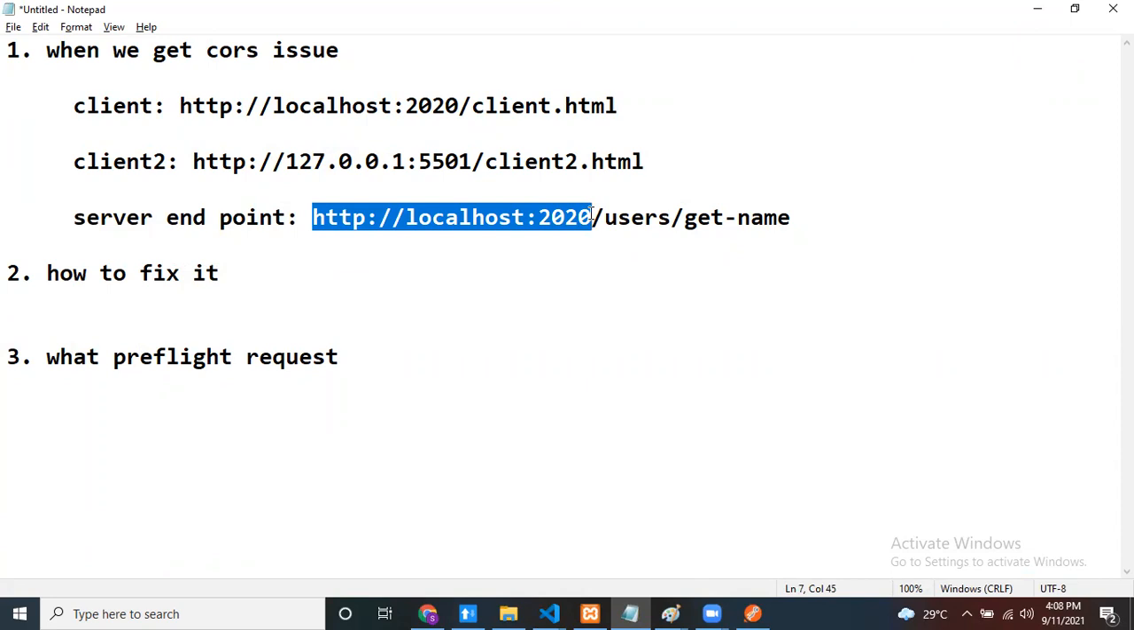See here, that means my client application is running on the same host name. My client and server applications, both are running on the same host name and the same port number or not. If my client and server both are running on the same host name and the same port number, there is no